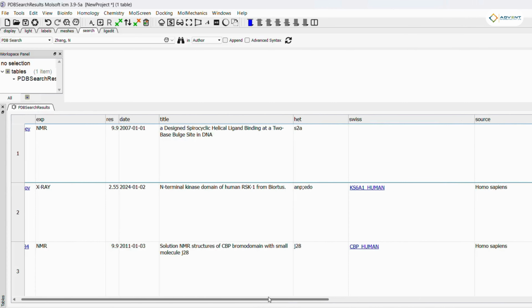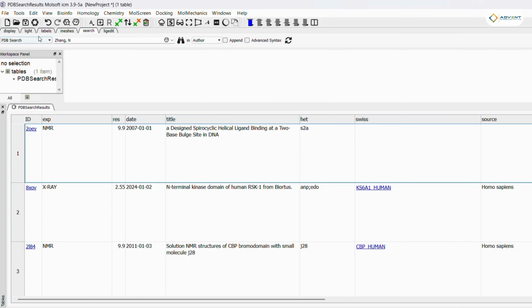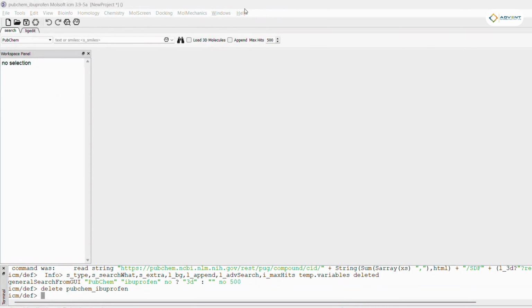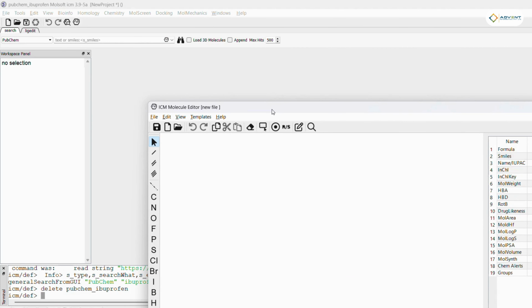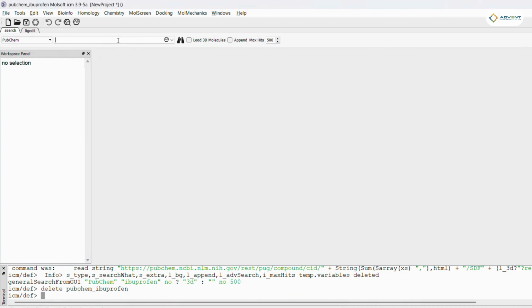So this is how we can explore all the features from the PDB search. Now let's do a search in the PubChem. For example, there is a sketching button here. I can do it multiple ways. Even I can type directly the name of the drug here, for example, ibrutinib